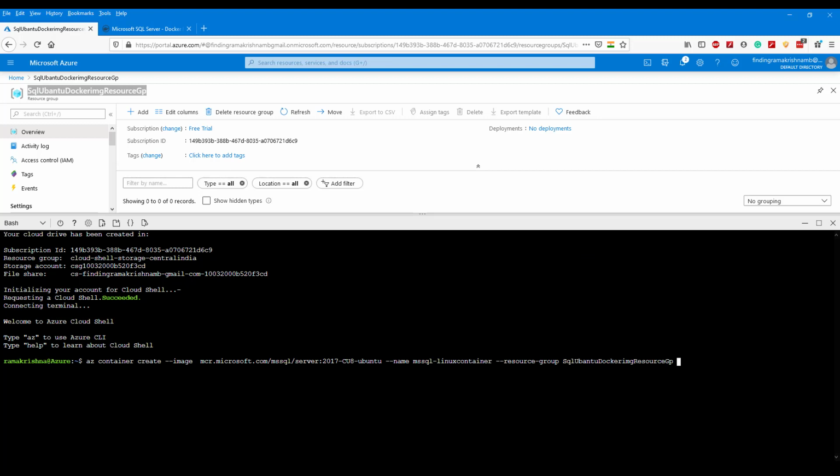Now we need to specify the processor, that is CPU, that is 1, and we need to specify memory. We need a minimum of 3.5 gigabytes. We need the port on which our Docker image should run, that is 1433, or give whatever you want.